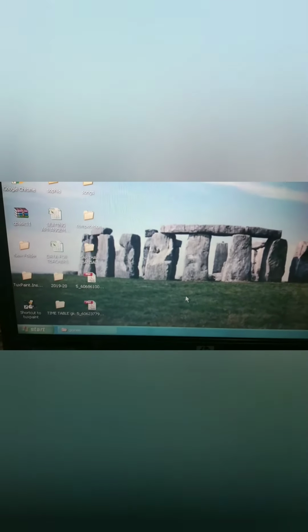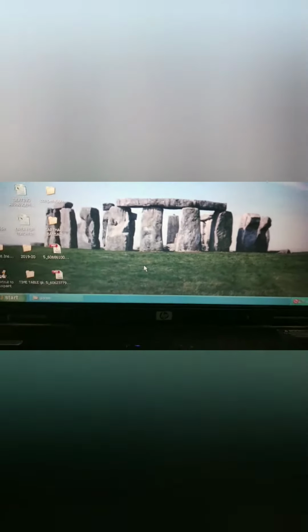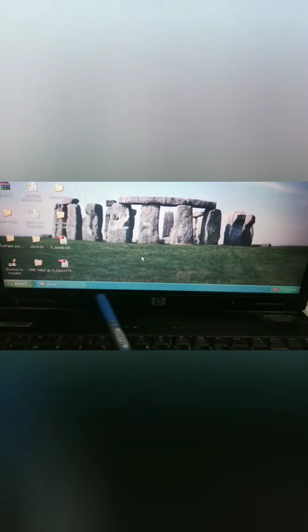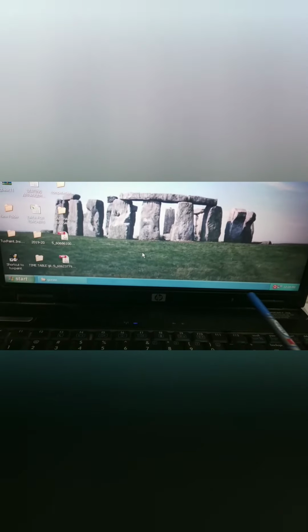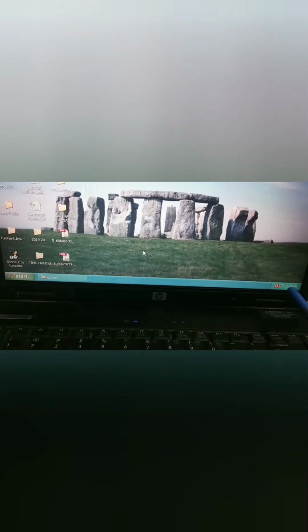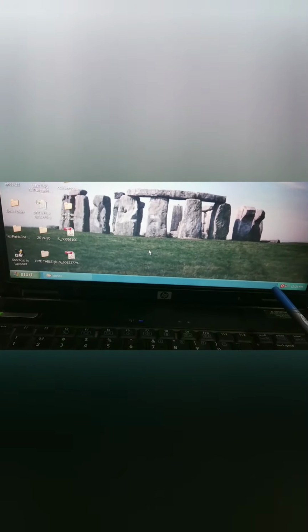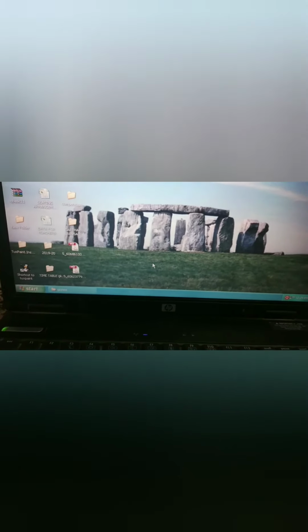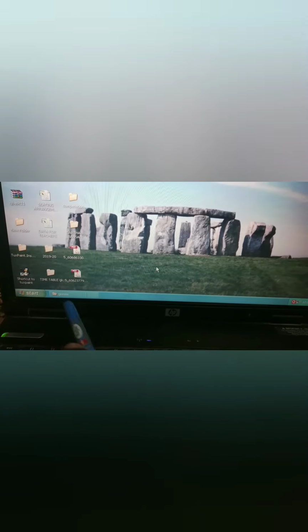Next is Taskbar. You can see this bottom line. Taskbar is the long bottom line. This long bar located at the bottom of the desktop. It has date and time. You can see here date and time, month displayed on it. Volume control button is also located on the taskbar. And if we minimize any of the program, it will also appear in taskbar. So you can see taskbar. This is the taskbar.